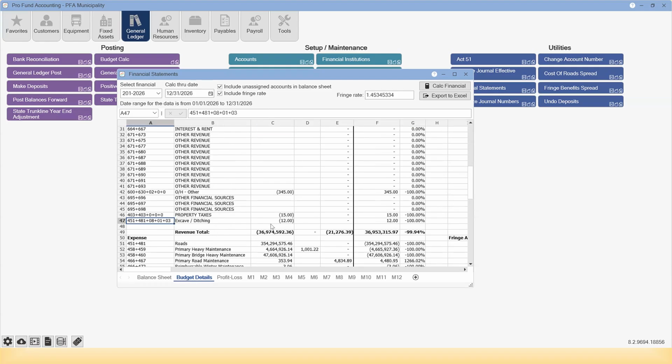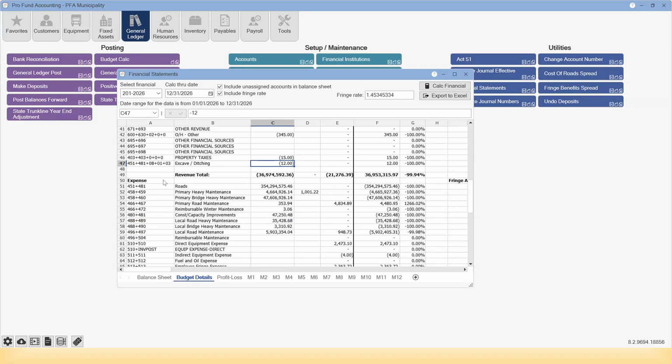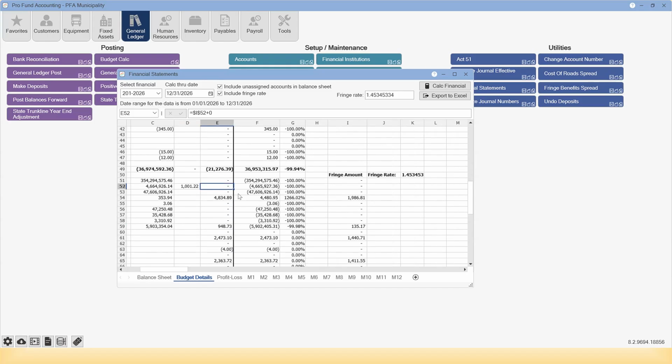There's a 3% difference. These are all our budgeted amounts. You can even see the expense account right here at the bottom. So for the expense, it works the same way as the revenues. These are all our budget amounts. This is my adjustment that I put in, and this is the actuals. You can see this is the actual amount plus the fringe amount. So the fringe amount